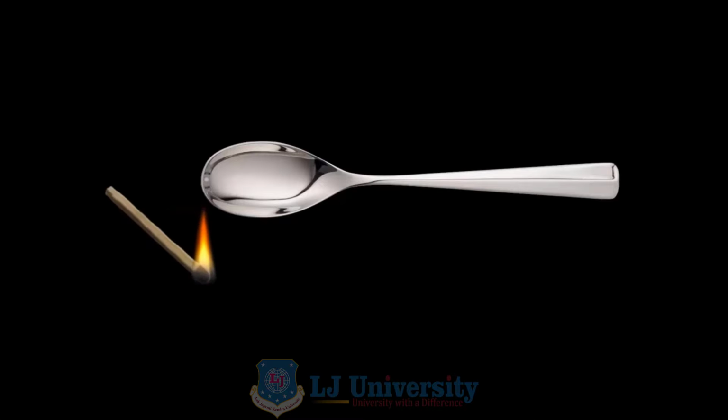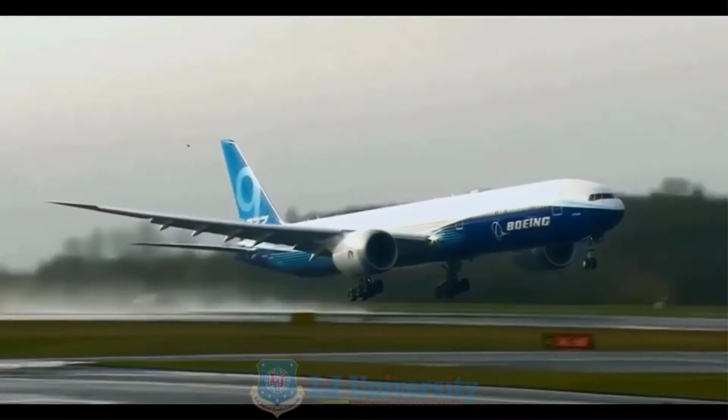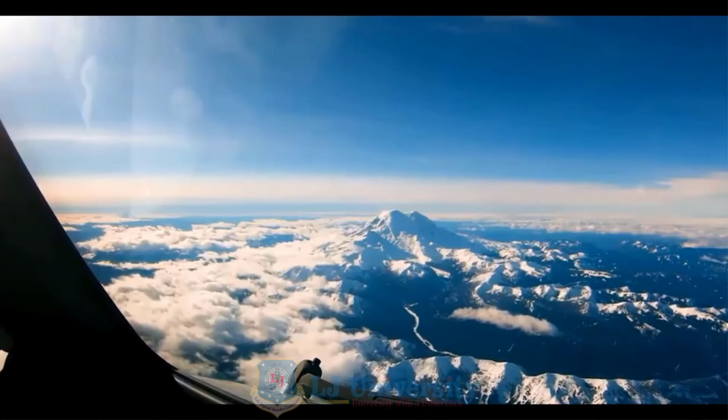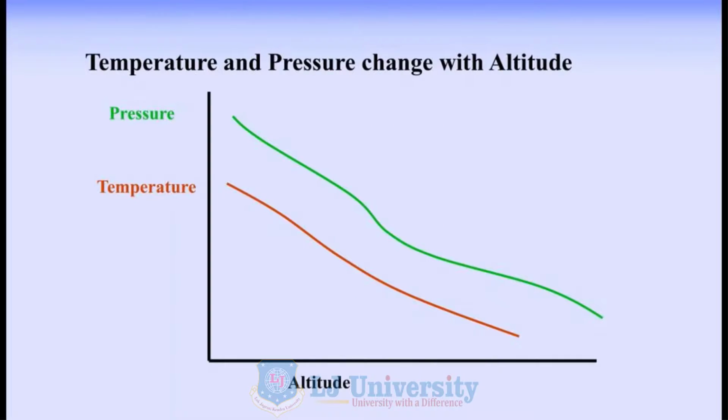Conduction is a way of heat transfer in which heat is transferred through solid materials. There are many examples of conduction. For example, if we are flying in a Boeing 777, it is flying at an altitude of 40,000 feet. At this high altitude, the temperature inside the cabin must be at human comfort. But at this altitude, the outside air temperature is a staggering -40 or -50 degrees Celsius.